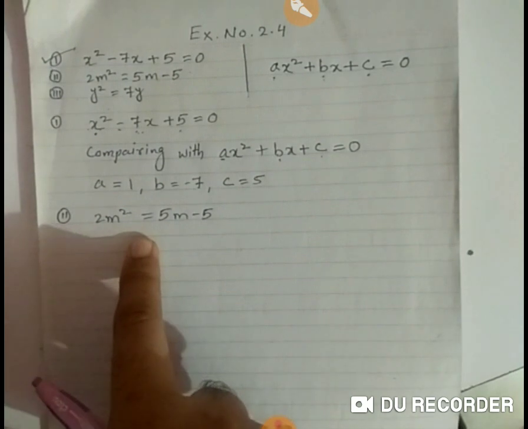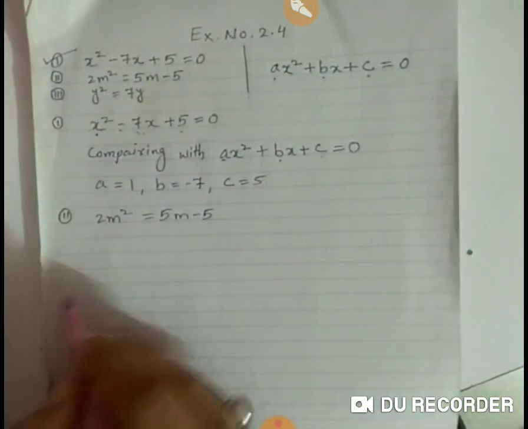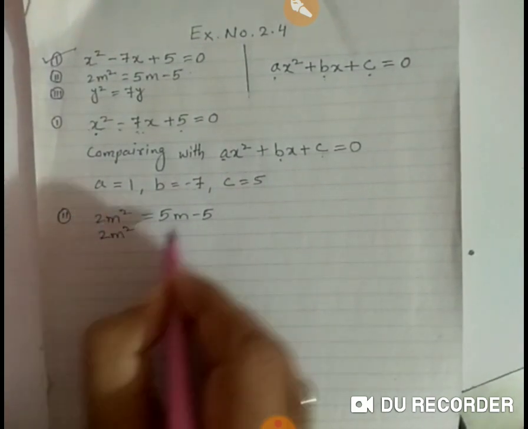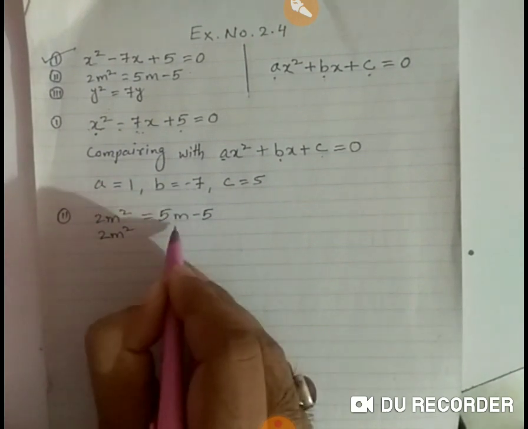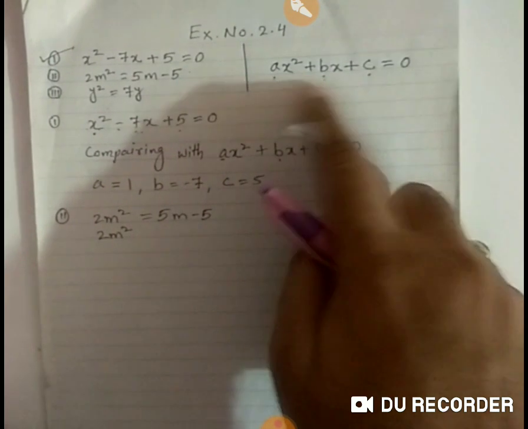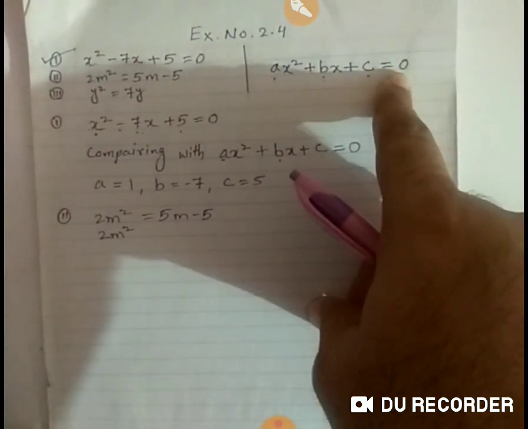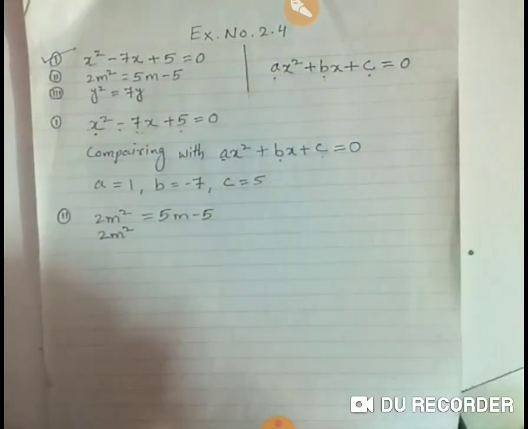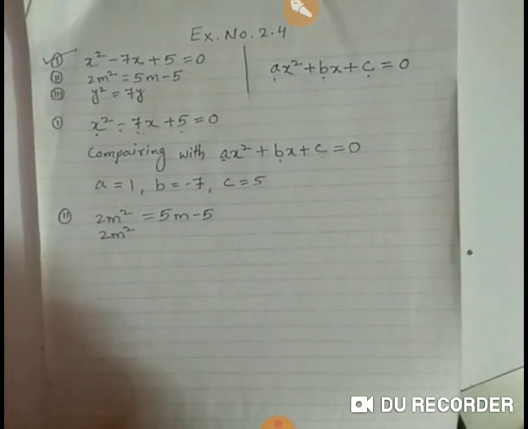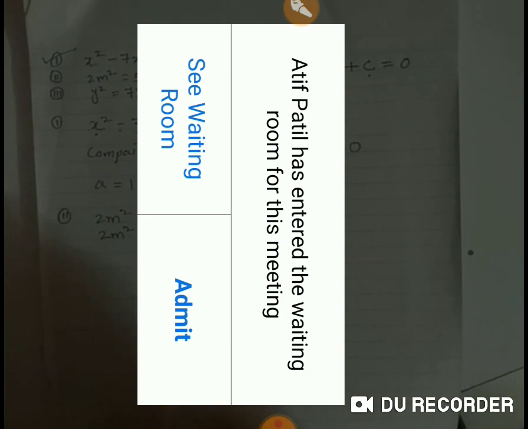So first you will write this equation in proper standard form, or in proper order. So you can write it as 2m square. This is positive 5m. So I can bring it to the left hand side, because all the terms are placed on the left hand side in the equation and the right hand side is 0, right? So I'll bring both the terms from the right hand side to the left hand side and I'll keep 0 on the right hand side. So this is 2m square